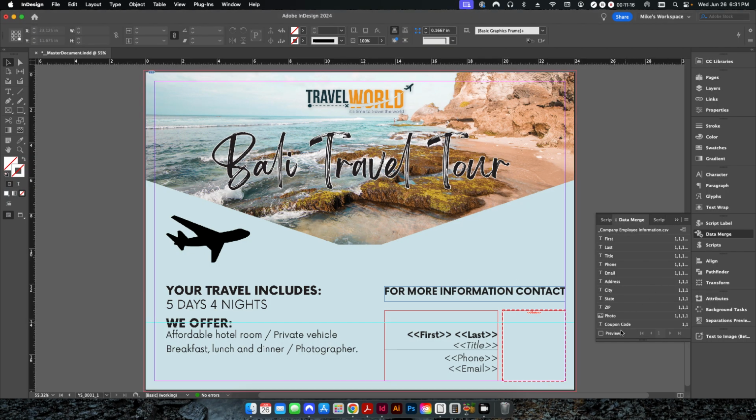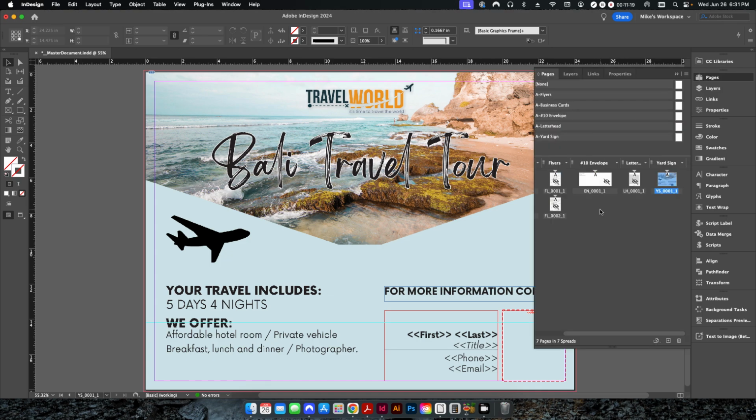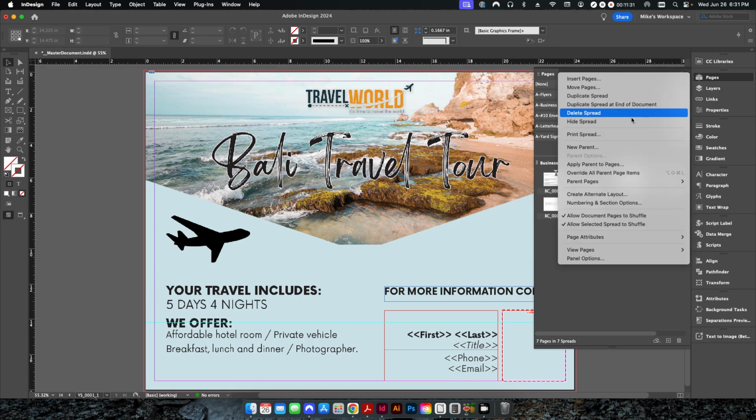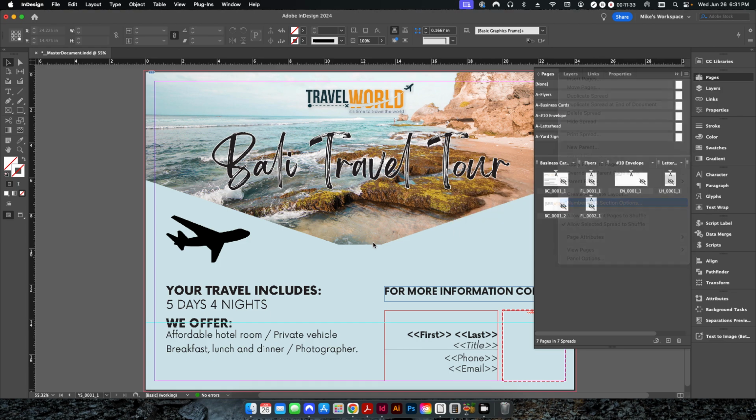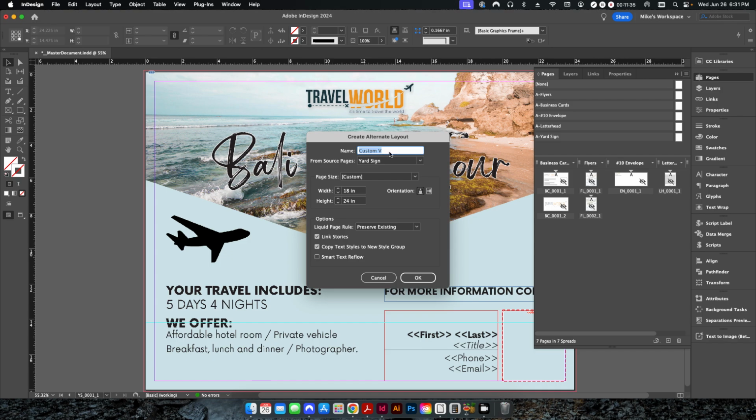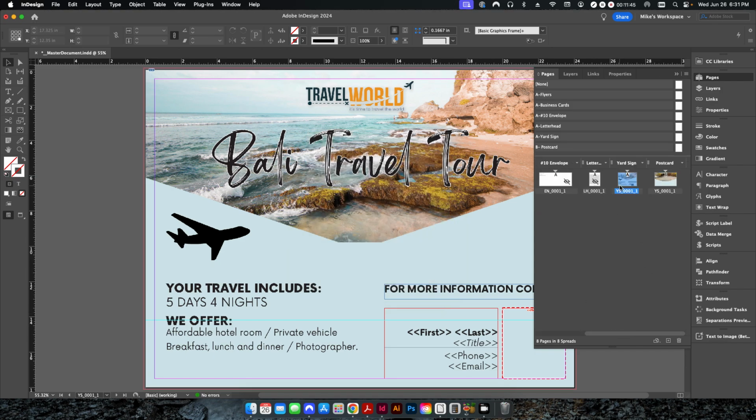So now this is obviously a small sample size. If I go back into my pages, let's say you have hundreds of flyers, or if you also want to add postcards and add other items to this, you can certainly do that very easily. You just go up to create alternate layout. You give it a name. Let's say we're going to call it postcard, and then we're going to give it a size. So let's go ahead and go like 8.5 by 5.5. I'll hit OK. And you can see here at the end, it's given me a new layout called postcard, and